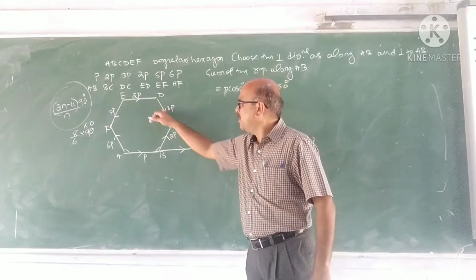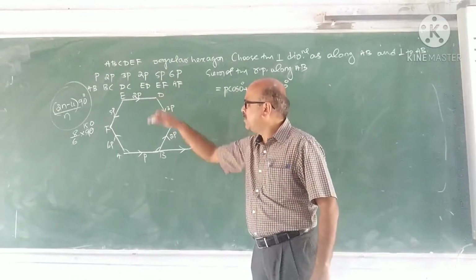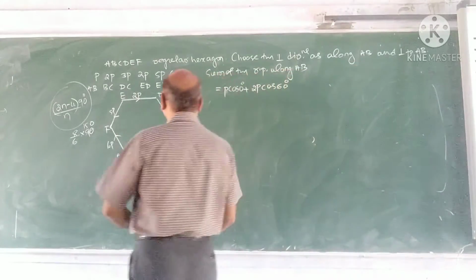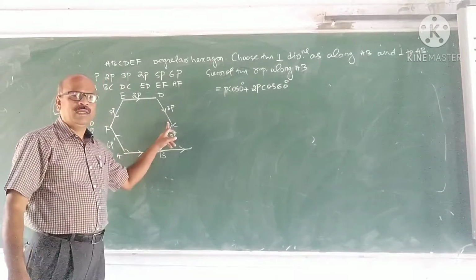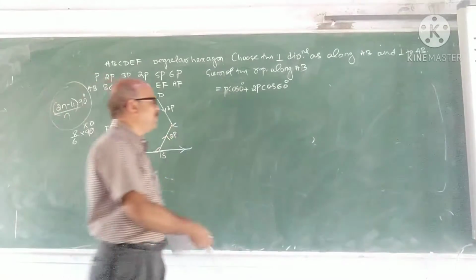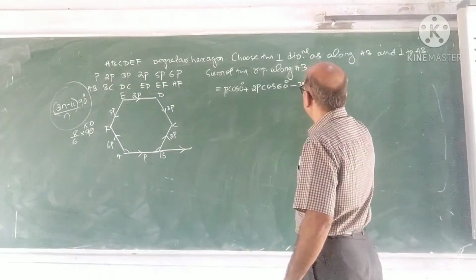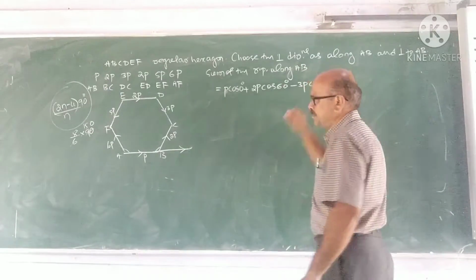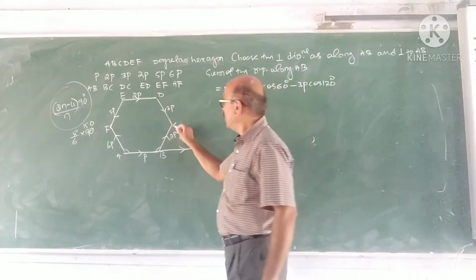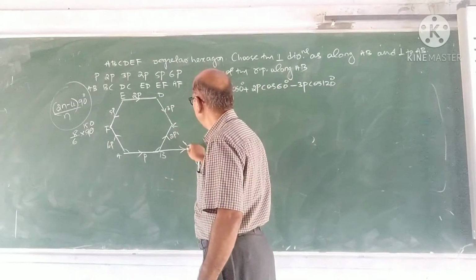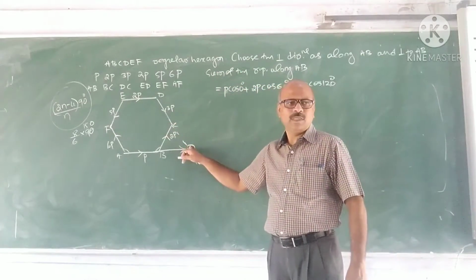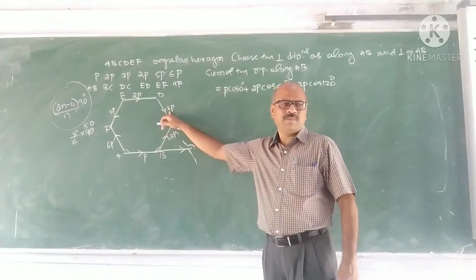Can you understand this one? The angle made by 3P means this is the direction of 3P. We take minus 3P, which makes an angle of 120 degrees. Minus 3P cos 120 degrees, because we take this direction. Extend this; what is this angle? 120 degrees, because it is 60. But that is the direction of minus 3P.